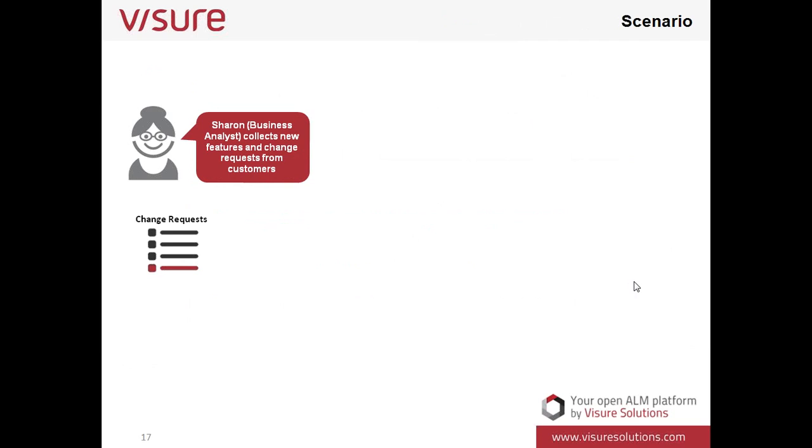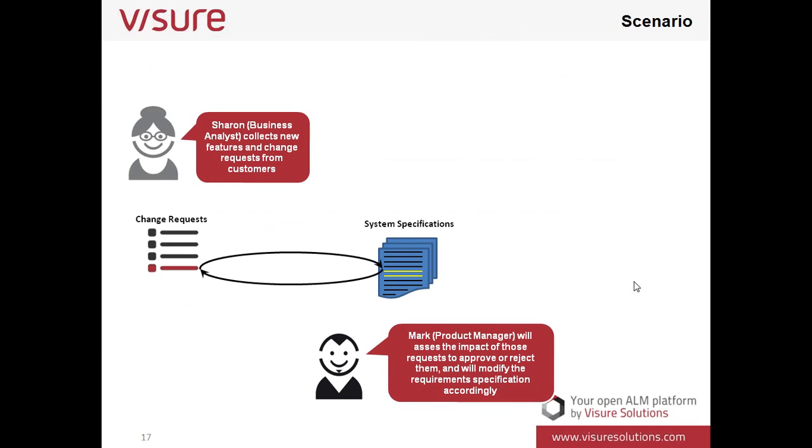To do the demo, we have prepared different roles, with different users, in order to split the different roles here in the example. So the first user I will be in a few seconds is Sharon. She is a business analyst and collects the new features and change requests from customers, which is done in our example in JIRA, because we are already using JIRA as a change request system. From there, we will